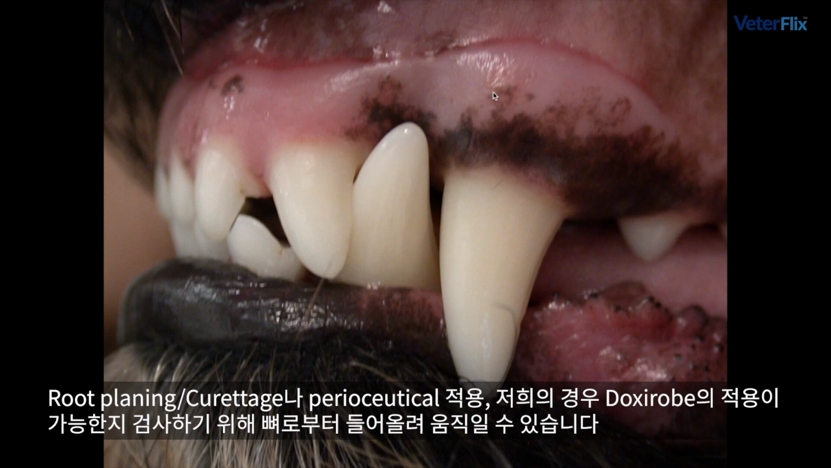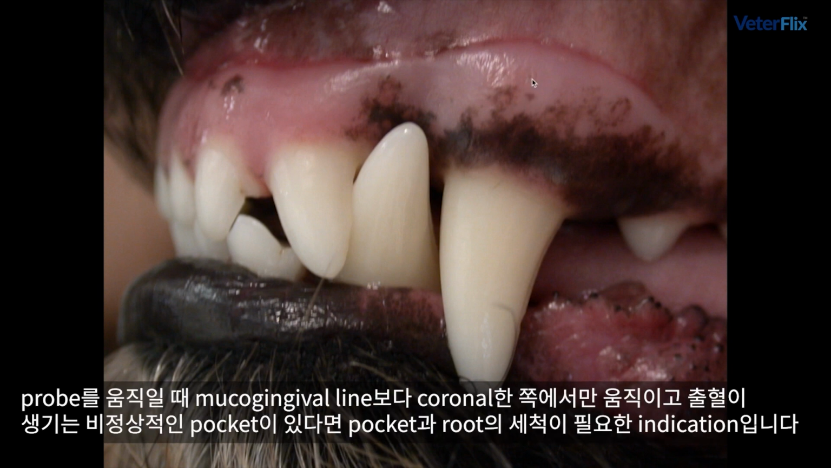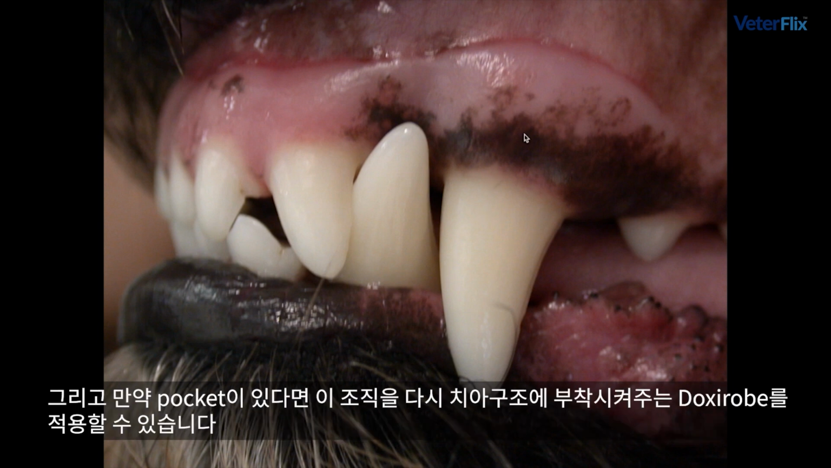When using our periodontal probe and evaluating whether we can do root planing, curettage, and periosutic placement, or in our case, doxyrobe placement, when we're placing that probe, if it stays within this zone, which is coronal to this mucogingival line, and we have an abnormal pocket that bleeds, that's an indication to clean this pocket out, clean the root, and then if we have it, we can place doxyrobe that will enhance the ability of this tissue to reattach